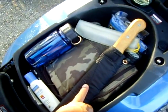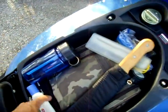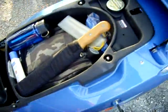Never know when I'm out in the woods. Might want to get something to eat, coconut or something. Water bottle, sunblock, first aid kits, fire starting stuff. Everything's under here. Put that back. Back here,